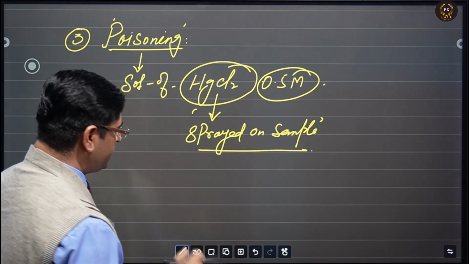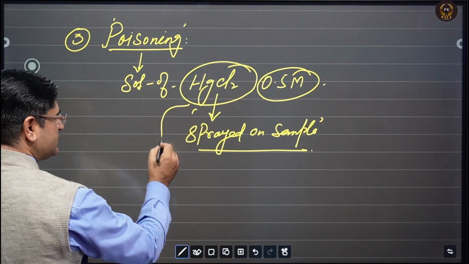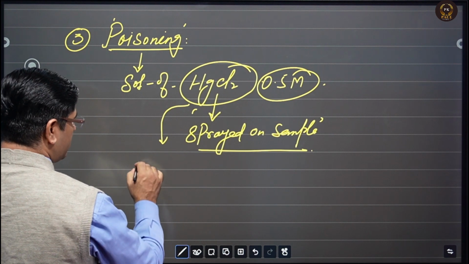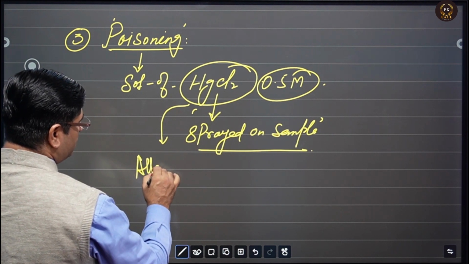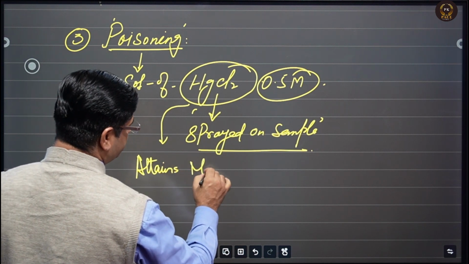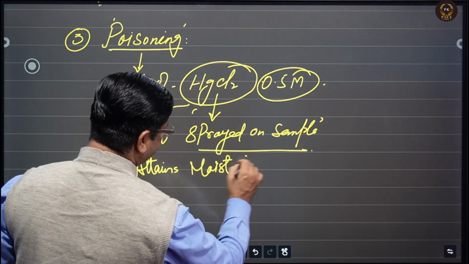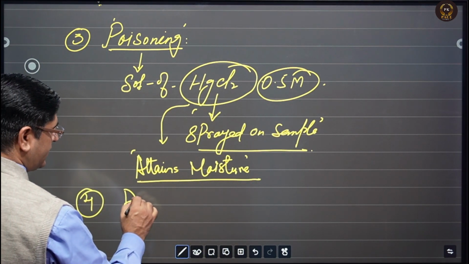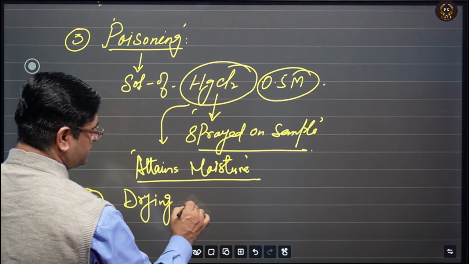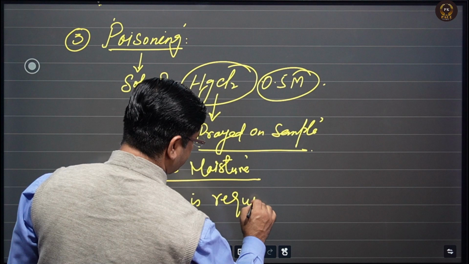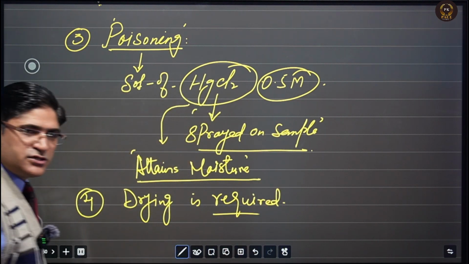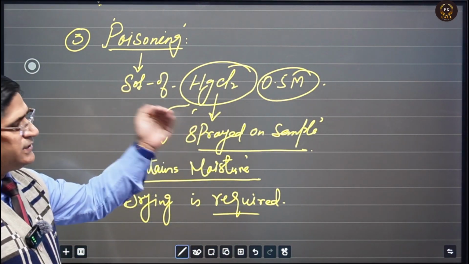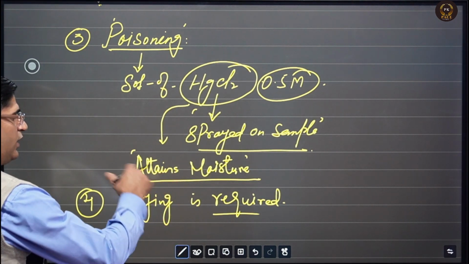But while doing this spraying with the HgCl2, again the sample attains moisture. So again it becomes wet. So another step is required to make it dry, and again drying is done. Drying is again required. So the second step is again going to be followed here. Again these samples are being dried. Now once it is dried,